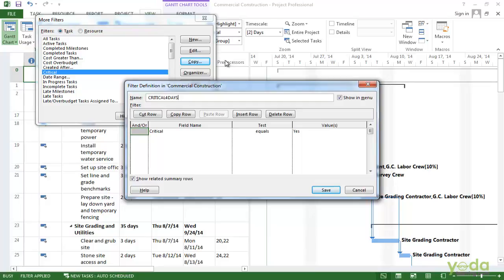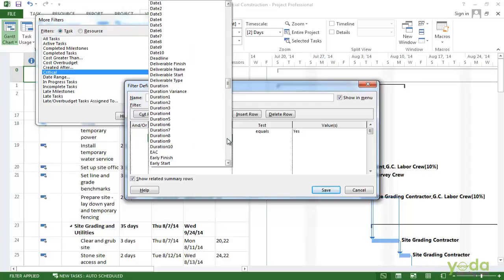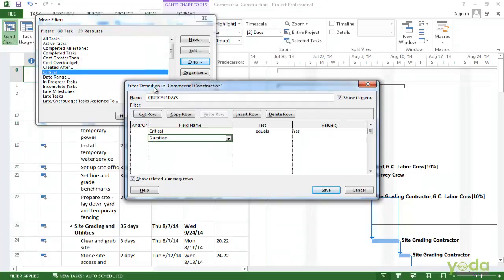Now I can see that because we copied a filter, we already have the first test in place. So all we really have to do is duration. In this field name cell, click that, click the down arrow and select the Duration field and add it to the field name.